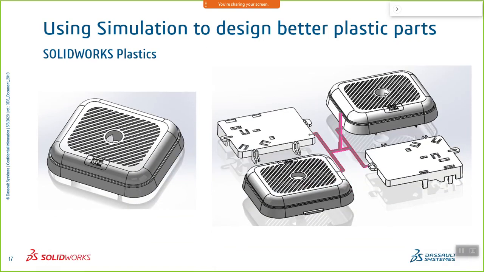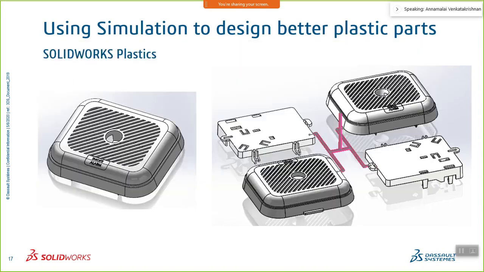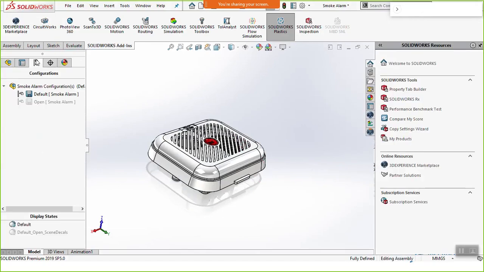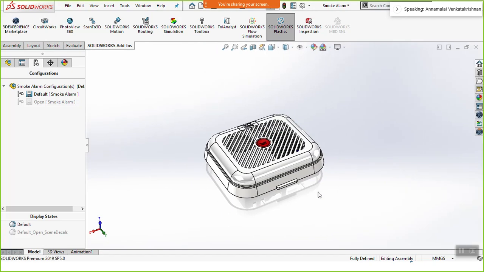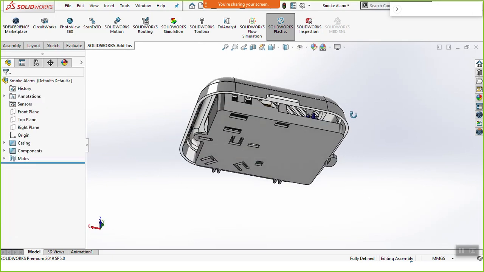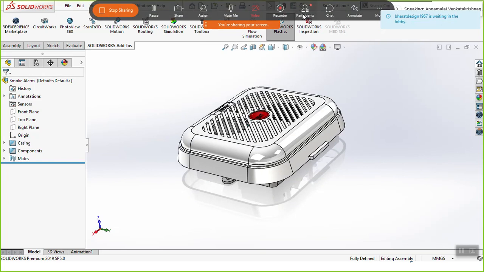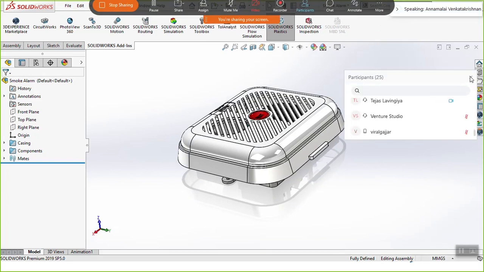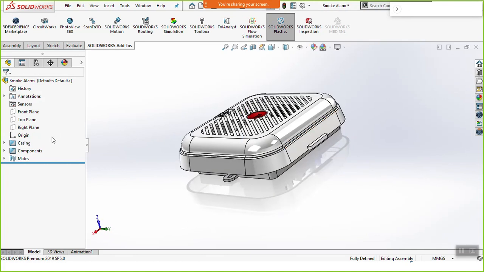So let us go into one product which I will showcase to you, how you can leverage the software to produce your products correctly without any defects. All right, so this is my SolidWorks. I'm using this version of SolidWorks over here, and the product is made up of certain assemblies, sub-assemblies, etc.